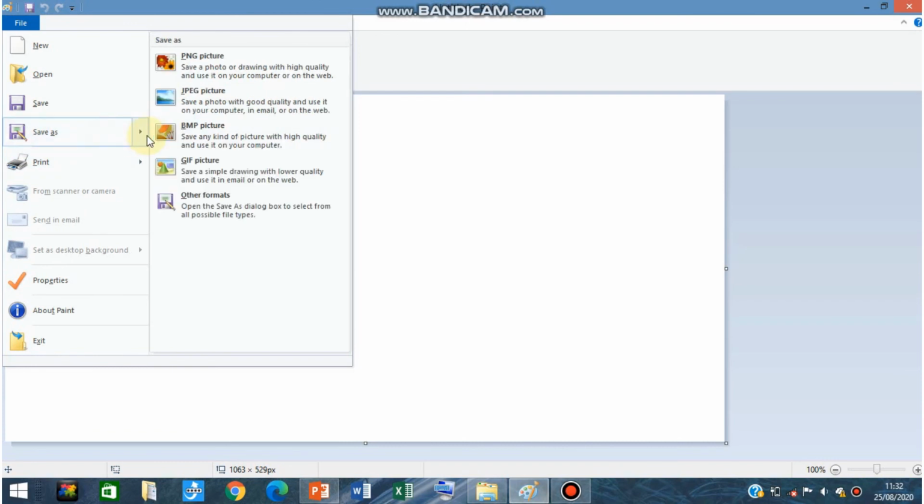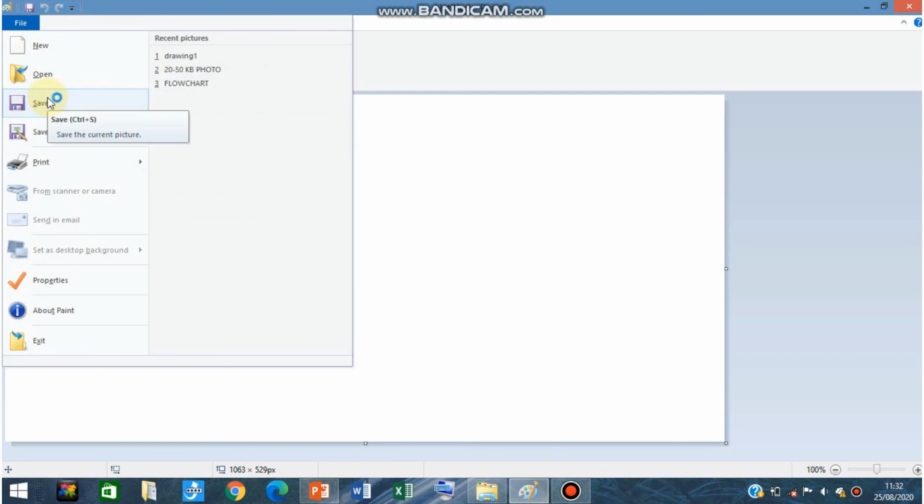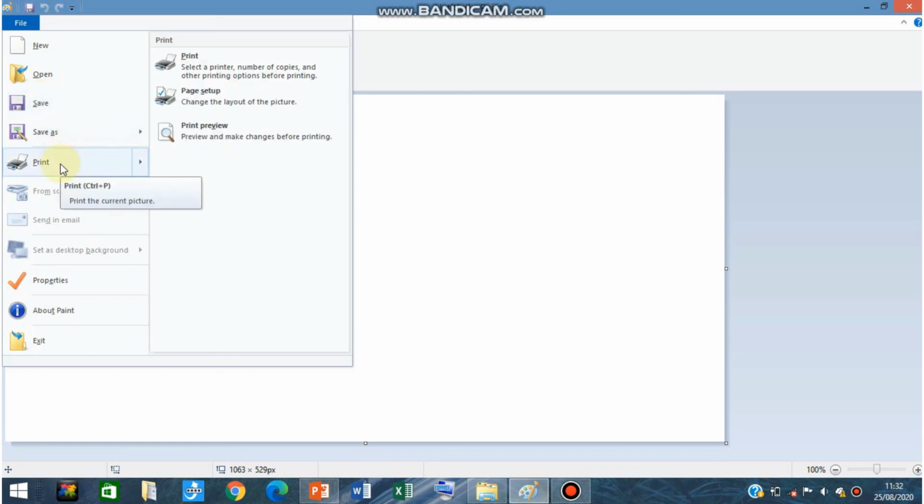Okay, when you are done with a brand new drawing, then you have to click on save as, and when you make any changes to your drawing after saving, to save those changes, you can click on the save option. Okay, and when you want to print your drawing, you can click on the print option.